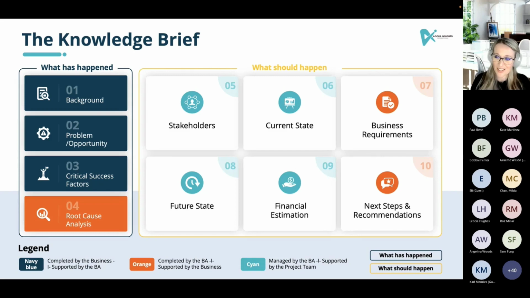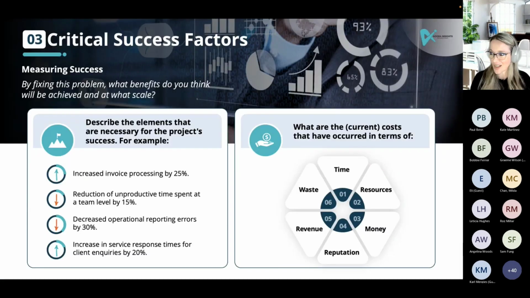Now, this is a real bugbear with me, particularly with business analysts, because you should be good at business analysis, and good business analysts should be able to measure things. As I said in my past session, I had a boss who, every time I did any work, asked me, how do you measure it? He drove me nuts, but he was 100% correct, because otherwise these are just ideas or just thoughts, and we don't know how to necessarily do them correctly.